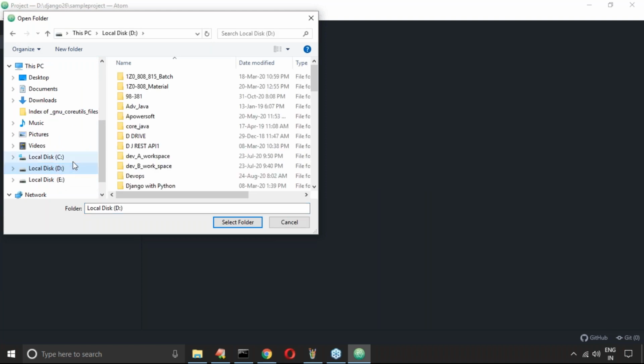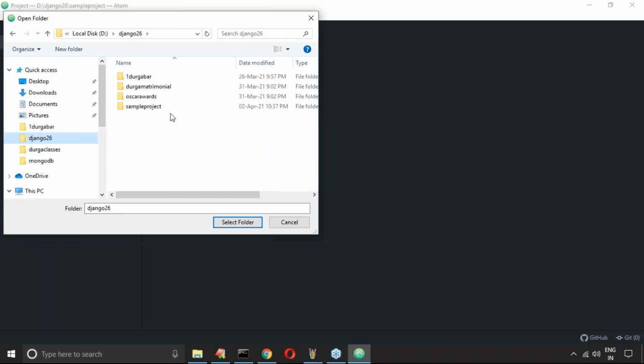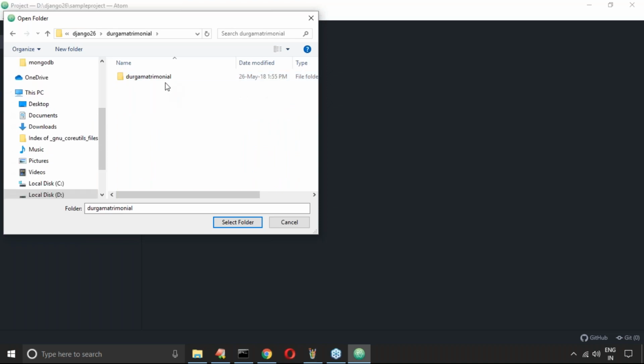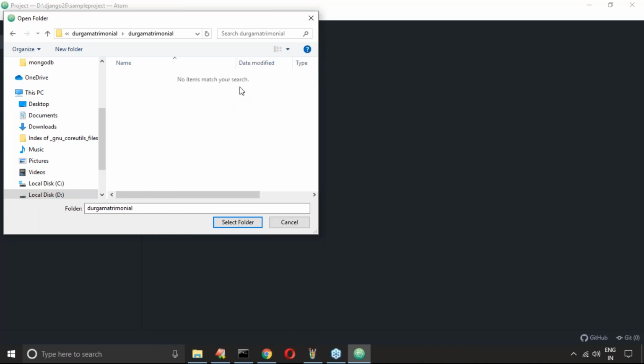Next, there is one folder, Django, and there is one sub folder in it. No items yet.